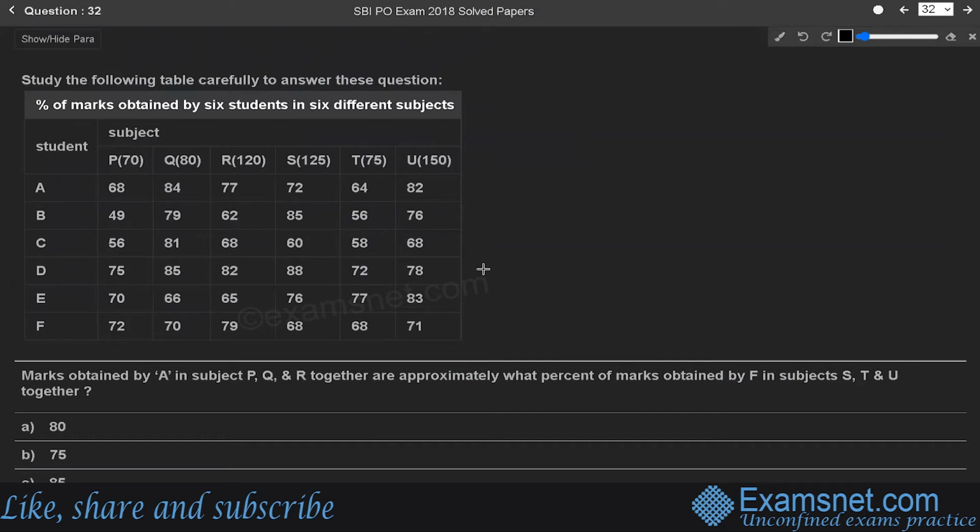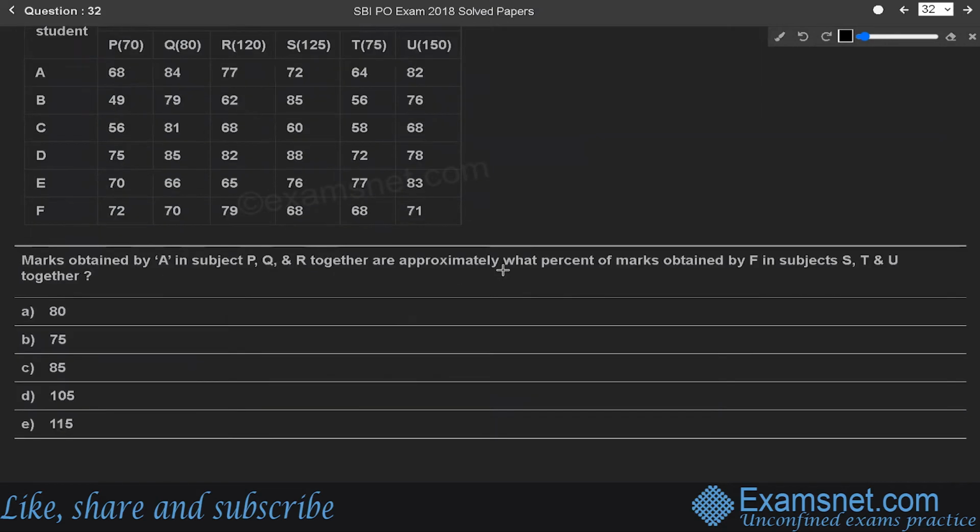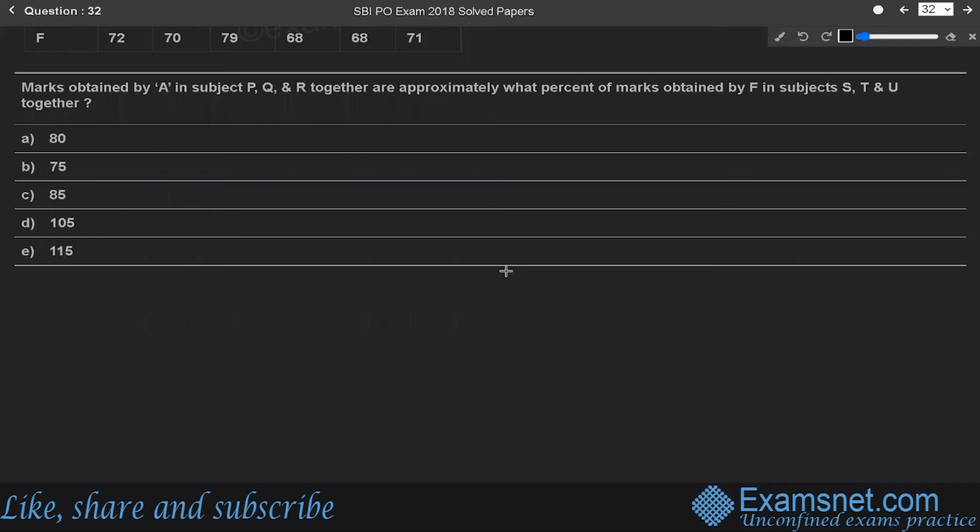Next question also has the same directions. Here, the question is: marks obtained by A in subjects P, Q and R together are approximately what percentage of marks obtained by F in subjects S, T and U together? We know that for A,